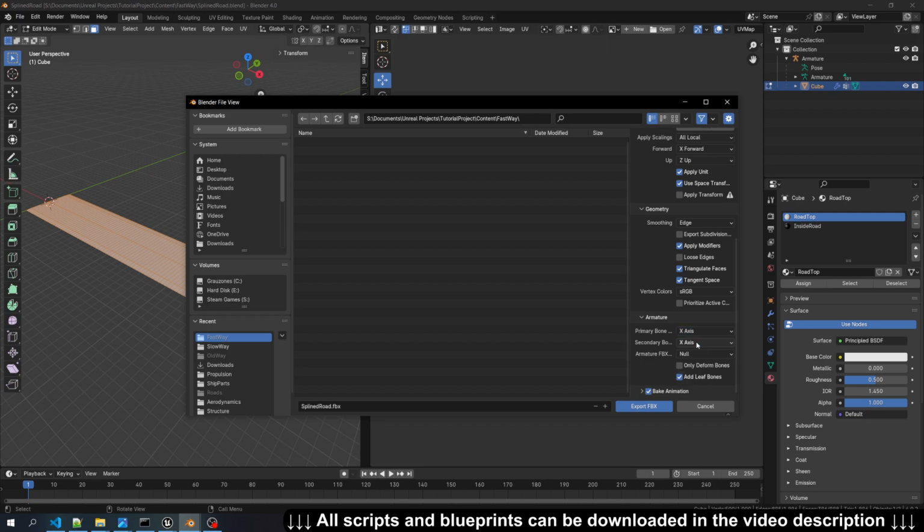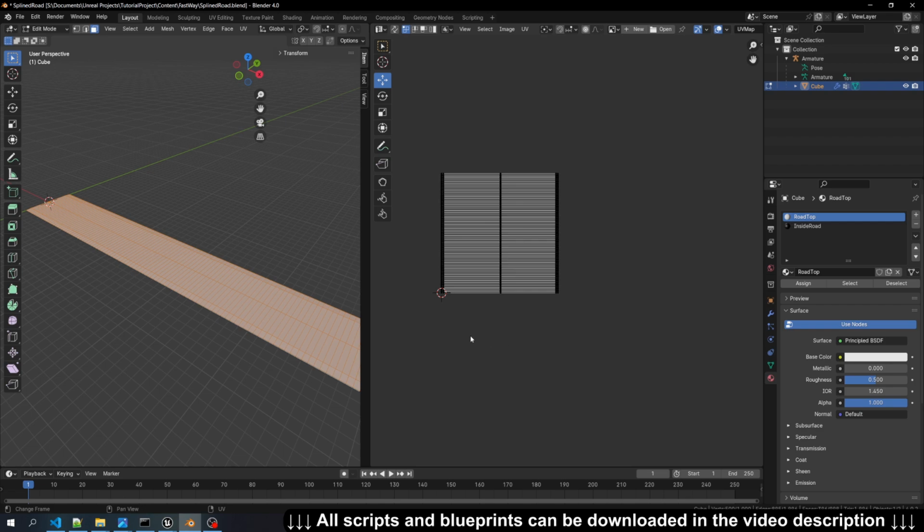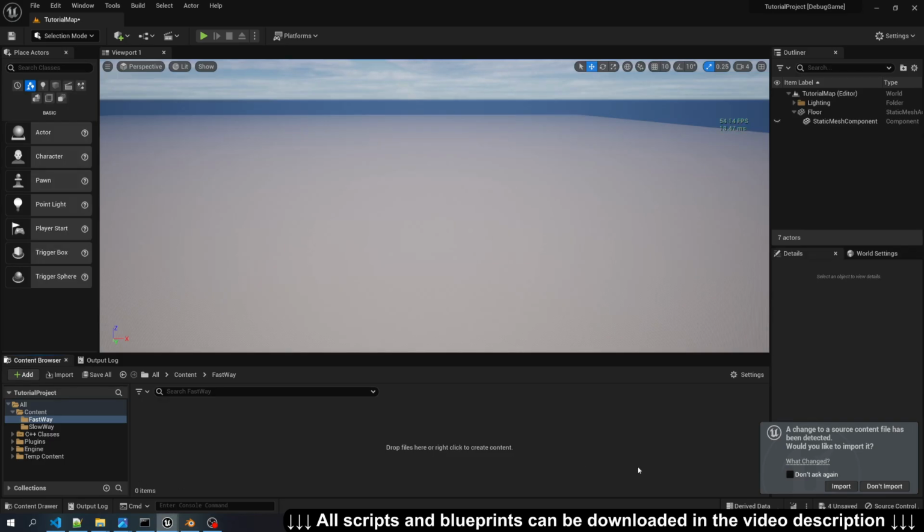You want the x-axis to be forward, and because Blender is a right-handed coordinate system and Unreal is a left-handed coordinate system, you need -y for the secondary axis, and then uncheck add leaf bones. We don't want it adding any other bones except the ones that we put in there. So that's it. We are in our Fastway folder, hit export, and now finally if we go to Unreal Engine,